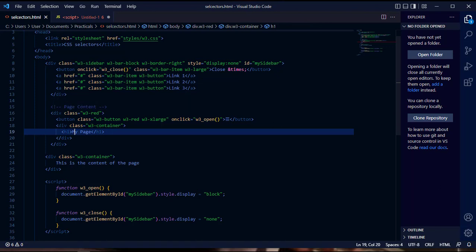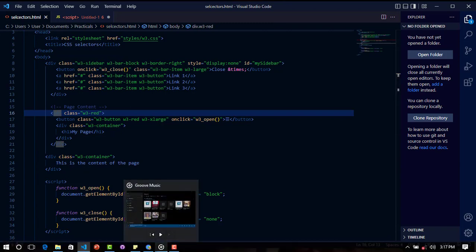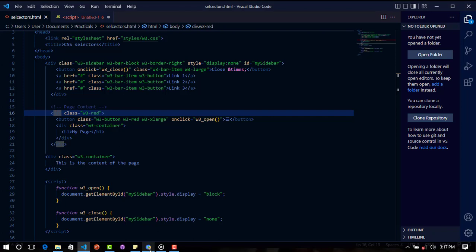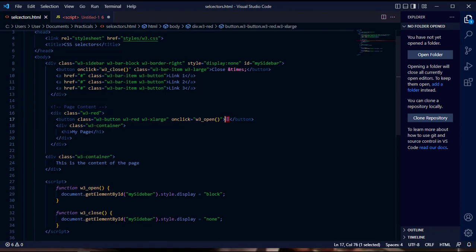And here we have the page content with the div class, which is w3 red, as you can see here. Now I also have the w3 button, which is this button that you see here. You can create the same thing by using the HTML entity for bars, or you can use the icon, and that's the best, the Font Awesome icon, fa bars, after installing your Font Awesome kit